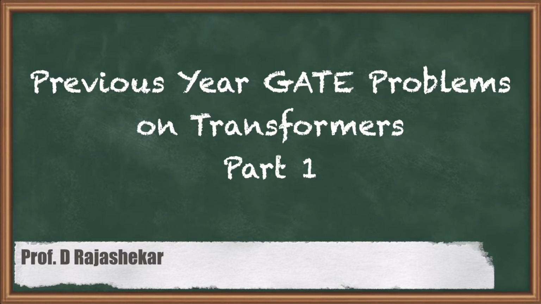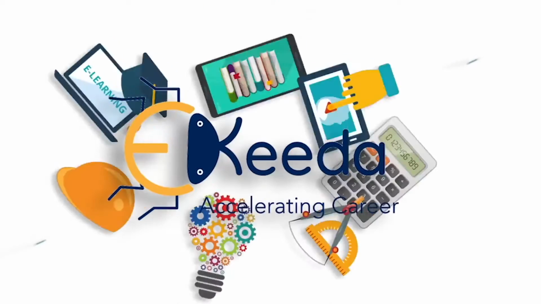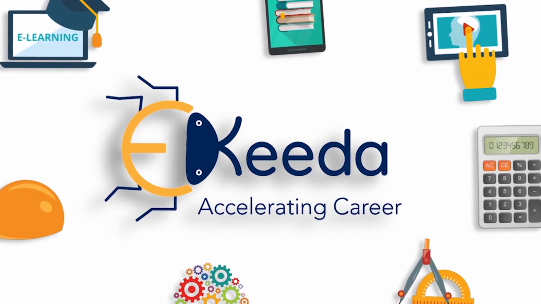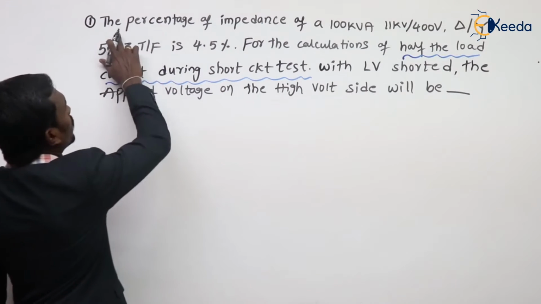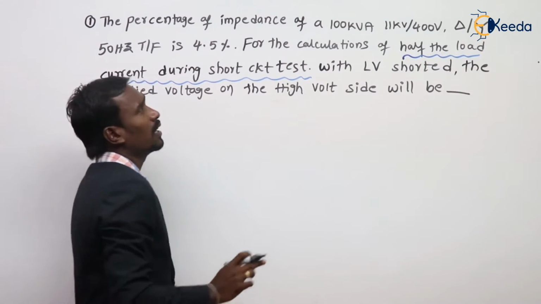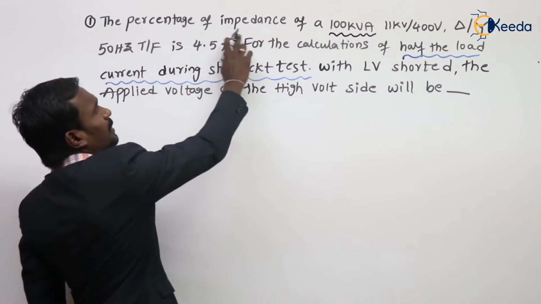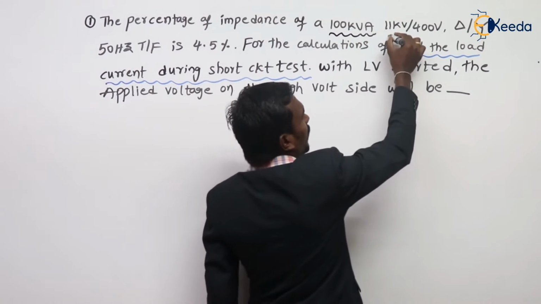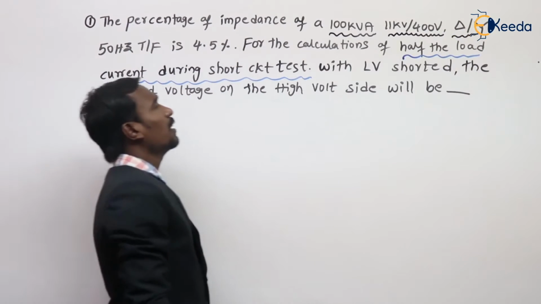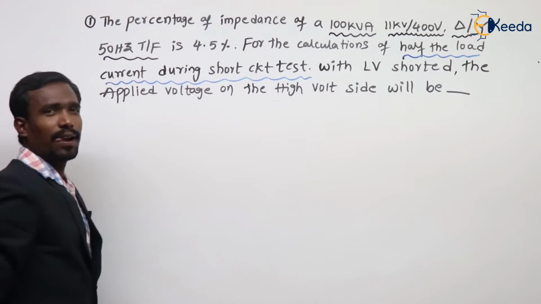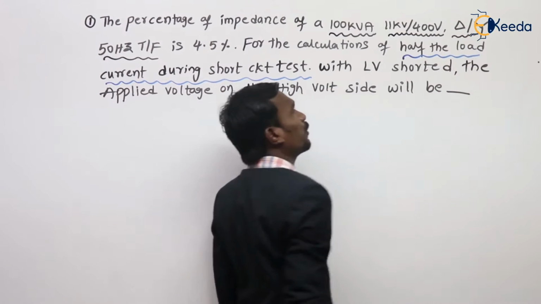In this video, we are going to discuss a previous GATE question. See a problem in this video. The percentage of impedance of a 100 kVA, 11 kV by 400 volts, delta-star, 50 Hz transformer, where the delta is 11 kV and the star is 400 volts,